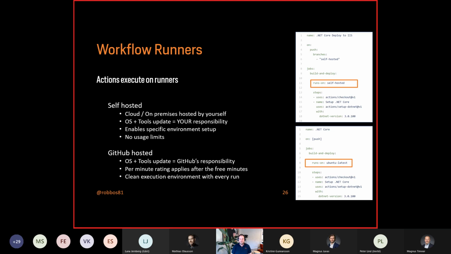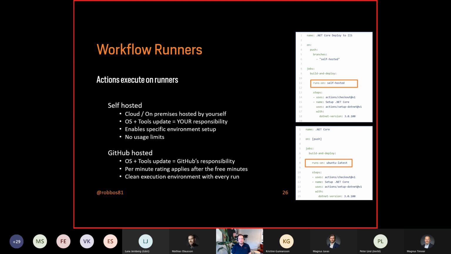It does enable you to give your DevOps engineers a specific setup to work with. You might have some code signing certificates that you need to install on the machine so that the workflow can execute it. And you need to maybe have some third-party tooling that you have to install and has to have a license set up. You can do that with the self-hosted runner. And since you're already paying for the compute, GitHub says, well, you don't need to pay GitHub anything for that power. It's free to use, so you don't have any real usage limits on how many actions you can run or how many minutes you can burn there.